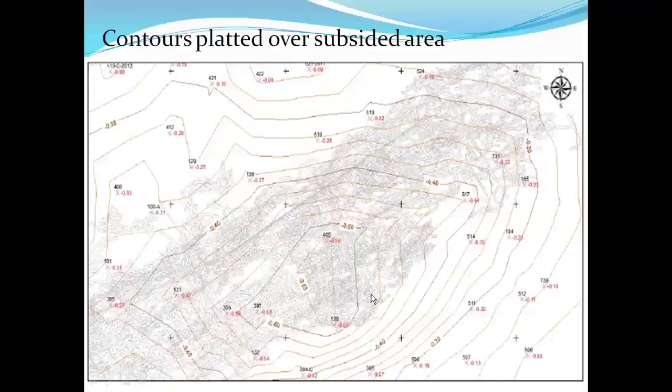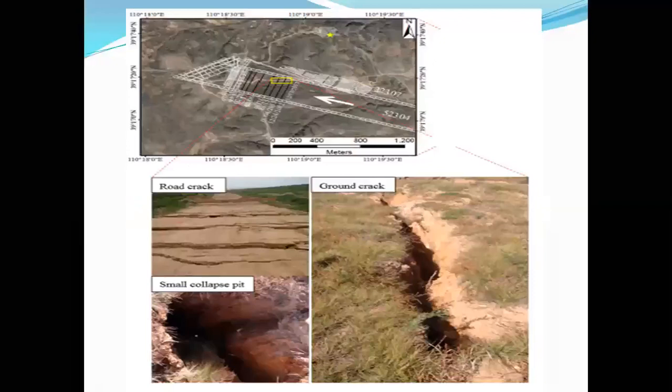This is about the same thing over the subsidence area, how exactly the contours can be plotted, because carrying out the level survey basically depicts that. Next one, look at a satellite image picture, and the corresponding field findings they took, like how exactly the cracks developed and how exactly the displacement took place. It's something like aerial photography of the satellite image versus the field observations. Using this, you can compare the subsidence profile.